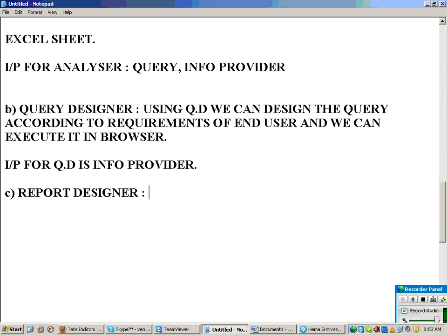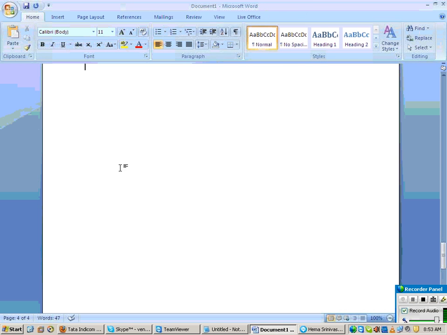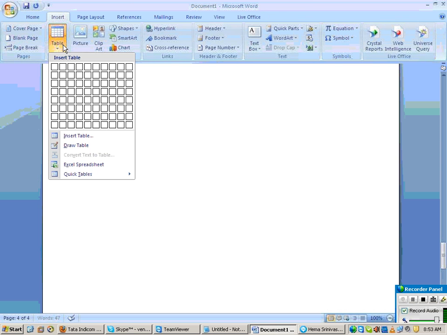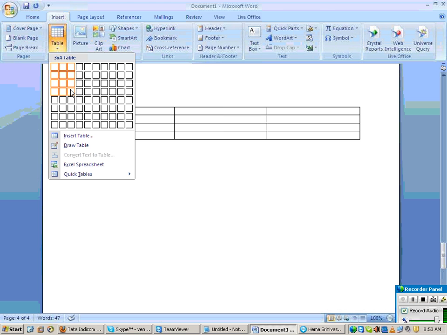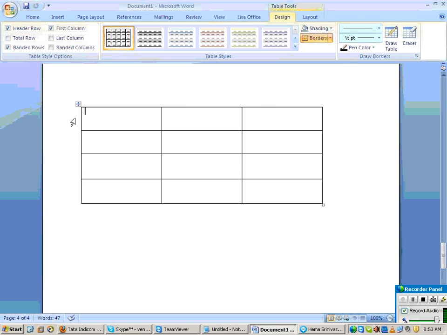Suppose I have designed a report query using query designer, and let us say my output looks like this: some date, your order number, and some net value of the order. Some simple report I am showing.